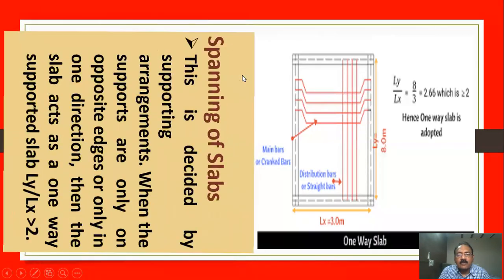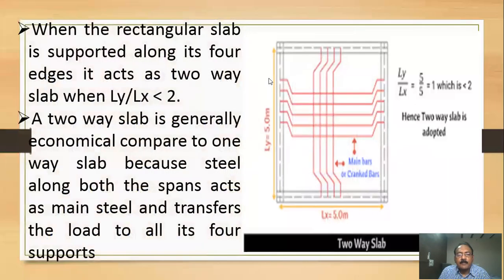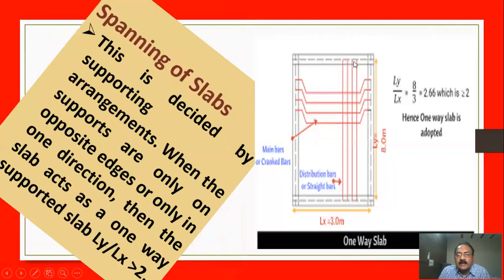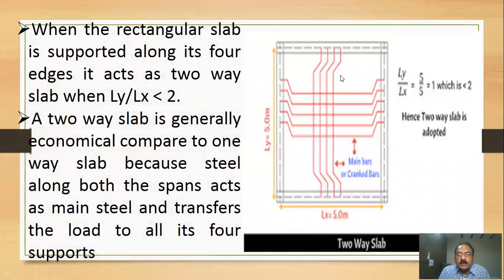Similarly, we'll see what a two-way slab is. This is a rectangular slab you observed in the previous structural drawing. See, this is slab 12. This may be a one-way slab. If you don't have this wall, this may be one-way, and this is like this. According to the length and width of the slab, we decide whether it is a one-way slab or a two-way slab.